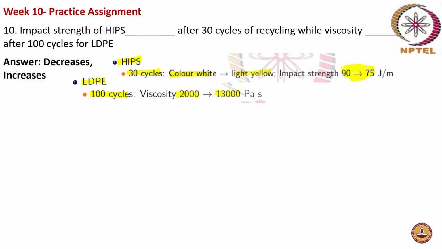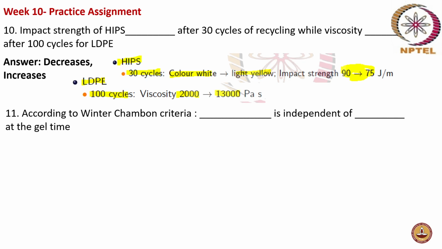in case of high impact polystyrene. So after 30 cycles, the impact strength actually reduces from 90 to 75 joule per meter in case of high impact polystyrene. Okay, and the viscosity for LDPE increases from 2000 to 13,000 pascal seconds after 100 cycles. Okay,